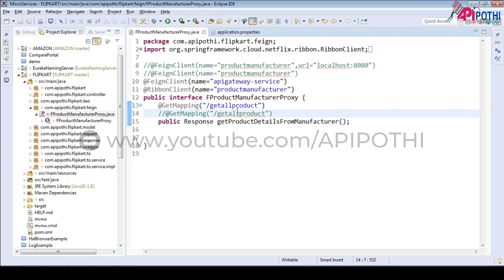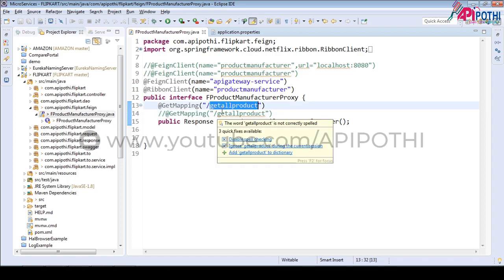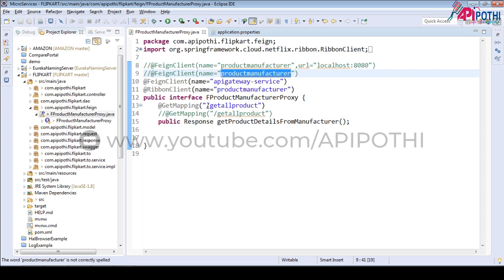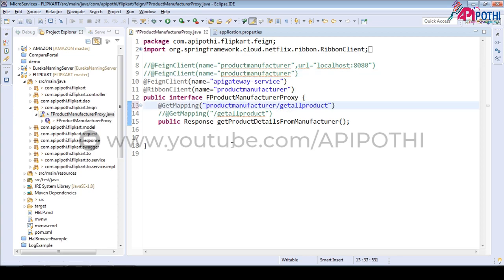Okay. So what change is required here? Earlier it was just the get mapping, which is just getting the information. It doesn't have any application information. But now we have removed the application information from Fin client, so it's required to hit, right? So for API gateway